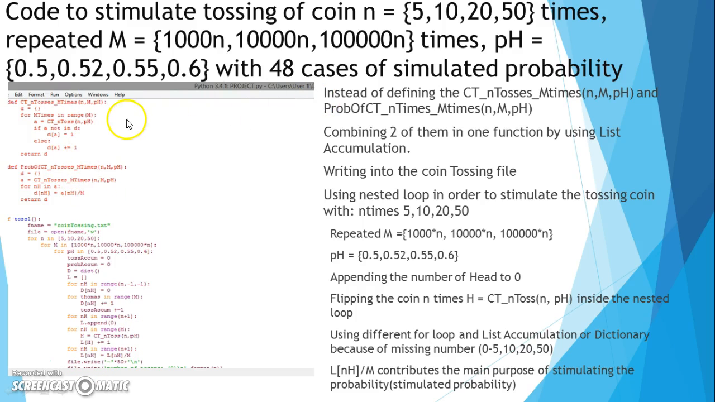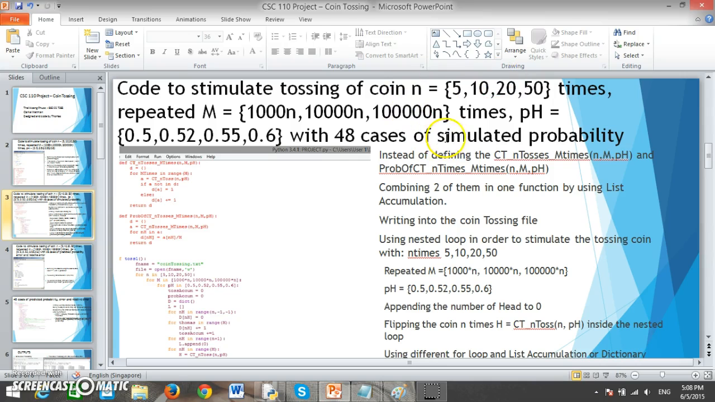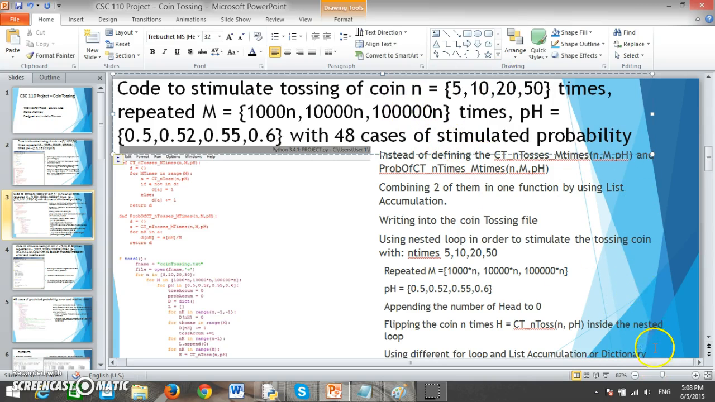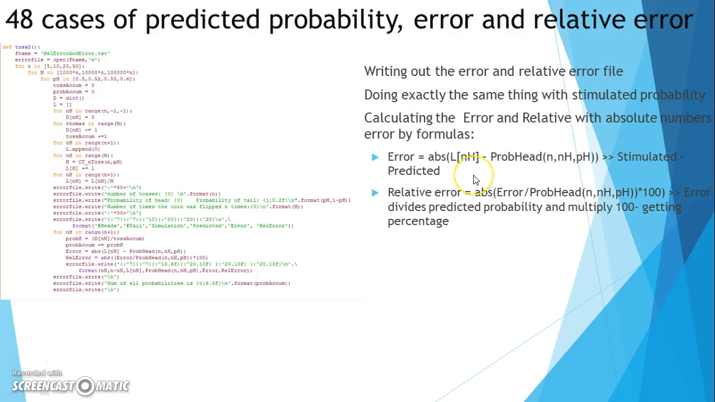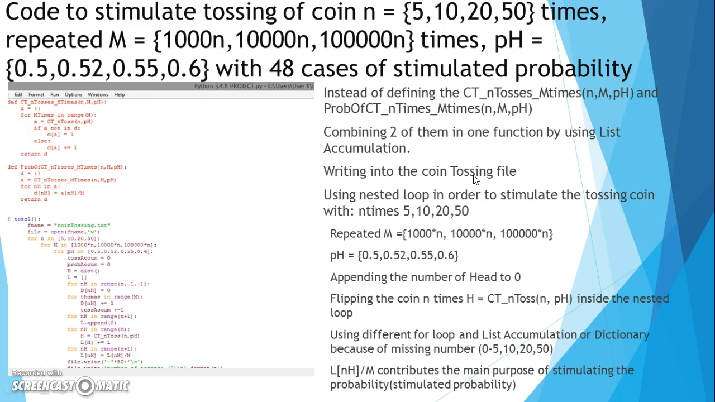Okay, so moving on to 48 cases of simulated probability. Okay, simulated probability. So the way that I figured out is instead of defining the two, CT and toss n m times, and the probability of CT and toss n m times,